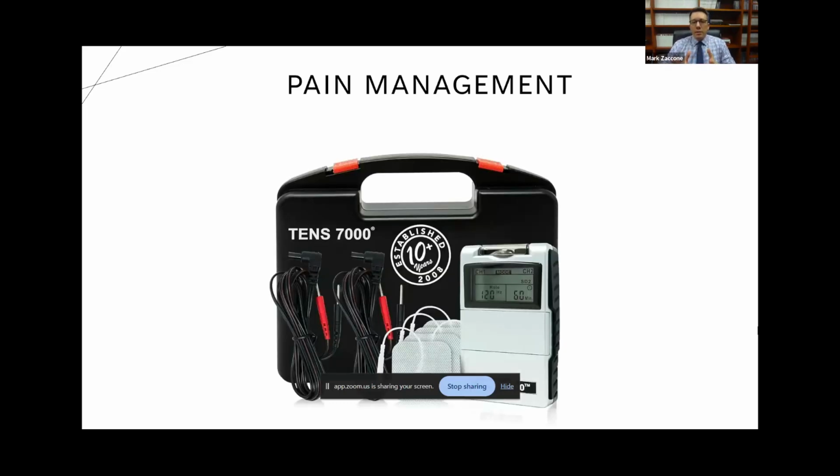You can get these all over the place. Amazon sells them. Making sure they're the TENS and not the NMES, the neuromuscular electric stimulation units. Those are going to be more for your atrophy. But basically, if a patient was searching it, definitely the TENS is going to be the one that comes up. My only suggestion with the TENS unit, if you are giving it to the patients,